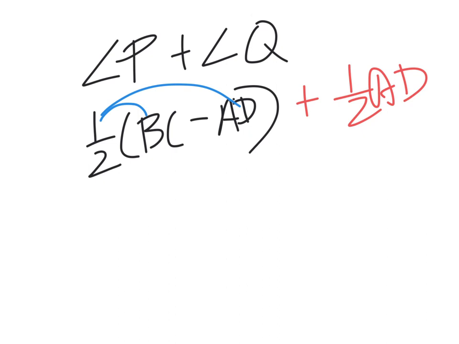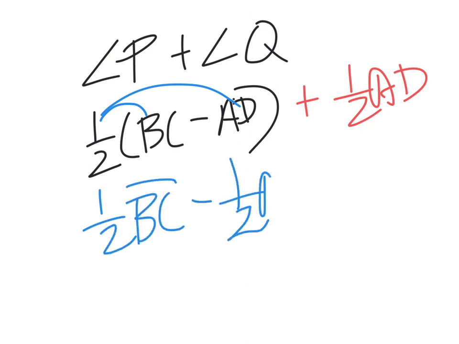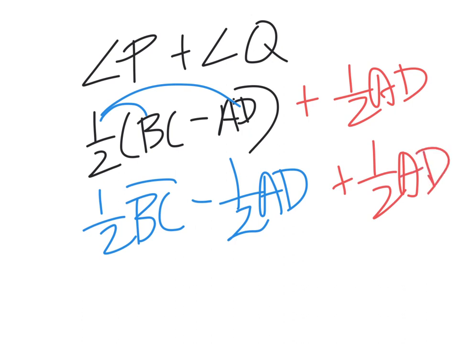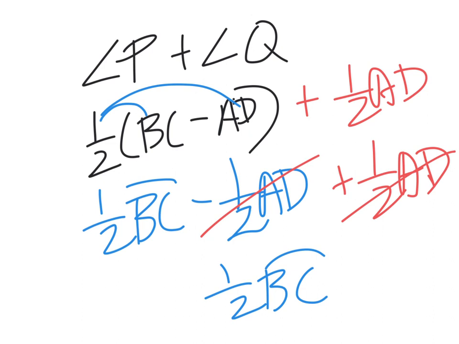So here's basically what we have. We have angle P and angle Q, and I substitute what we had for P, which is 1/2 BC minus AD, and I substitute the 1/2 AD for Q. So with that being said, I'm just going to distribute and simplify. So really I have 1/2 the arc BC minus 1/2 the arc AD. But now I'm adding that to 1/2 AD. And right there I can see these are going to cancel out. They're going to become 0. So I'm left with just 1/2 BC. So the sum of the two is that, and if I go to the next page,